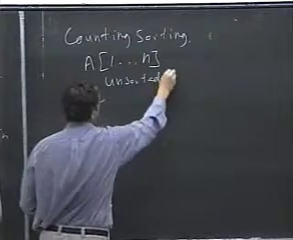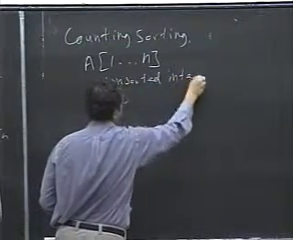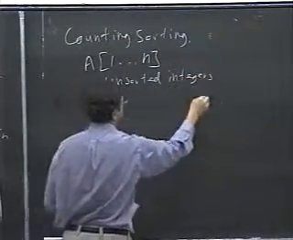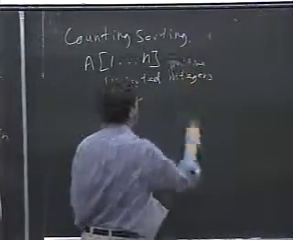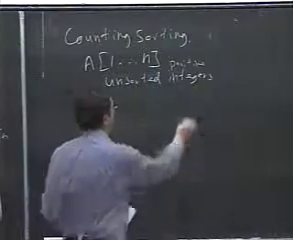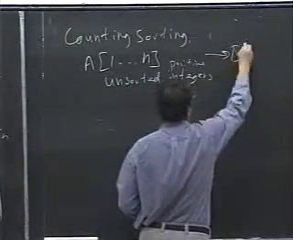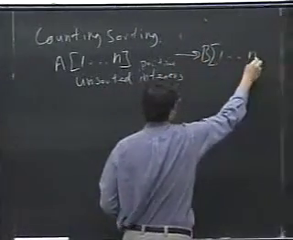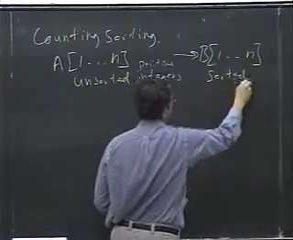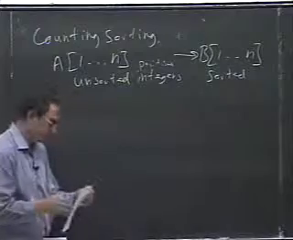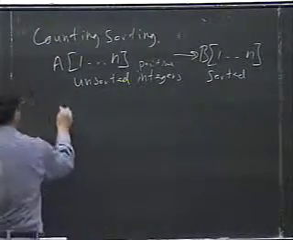And actually, integers. Actually, positive integers. Okay? And you want to create an array where those integers are in sorted order, let's say smallest to largest. And you'll also have